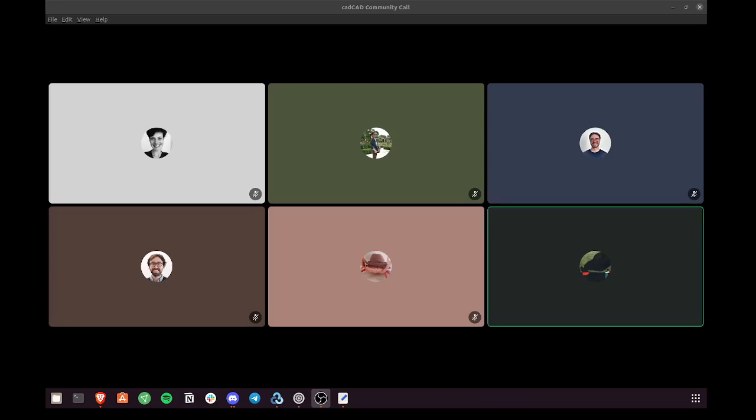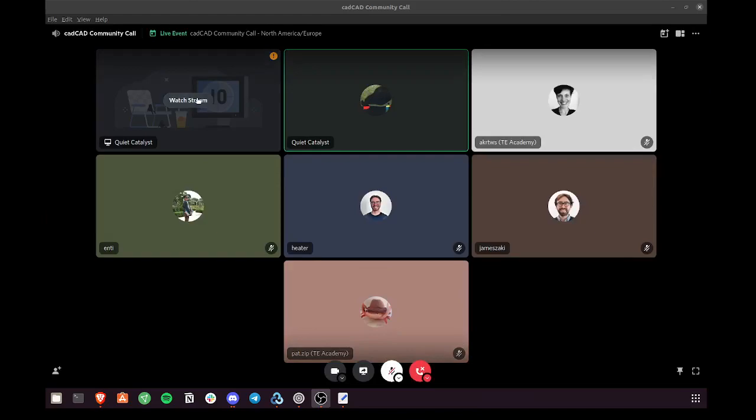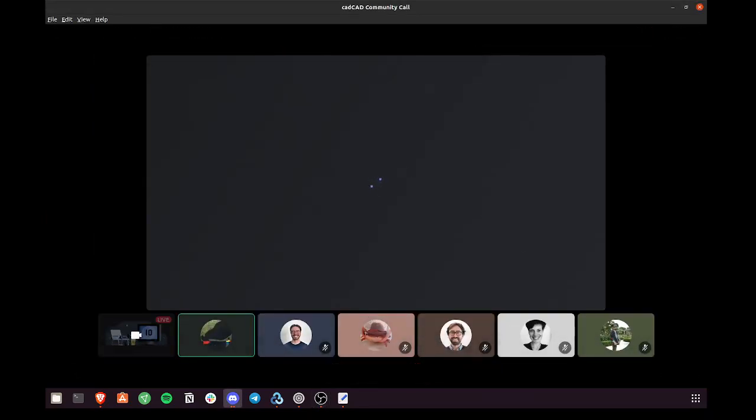And so what I'll share with you today is the result of the cadCAD study group that ran for, I think, on the order of 8 weeks, and is just now transitioning into a version 2 of that group, which we can talk about after we talk about this application. So let me see if I can share this. Can you see my screen?